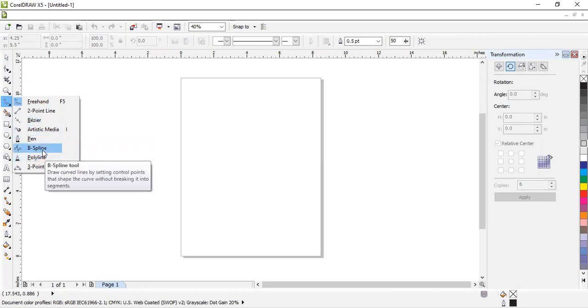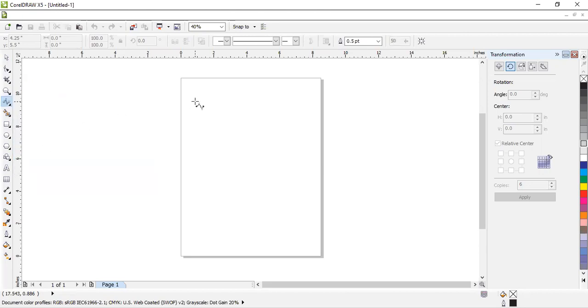Just click on the B-spline tool. It shows the curvature structure. By using this, we can make a curvature structure like this. Just see there, click on this and again click here. It makes a curve-like structure like that, right? Click on this, you will get the curve-like structure and you just mold it like that,